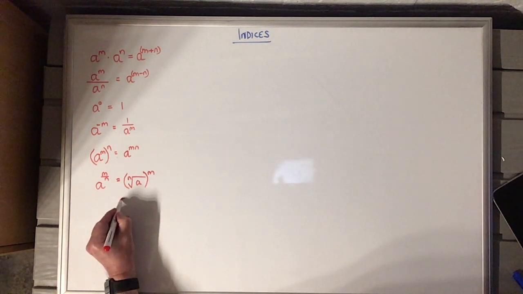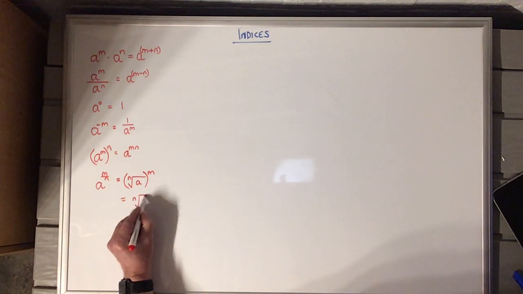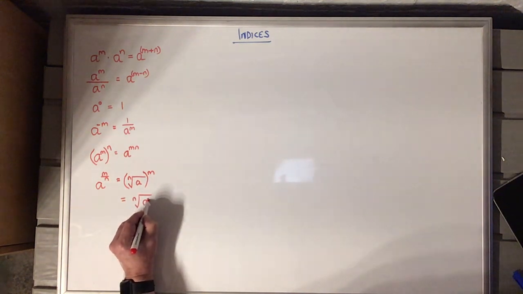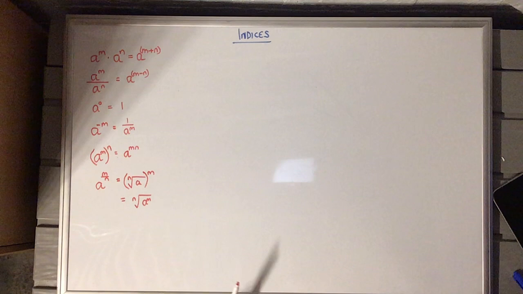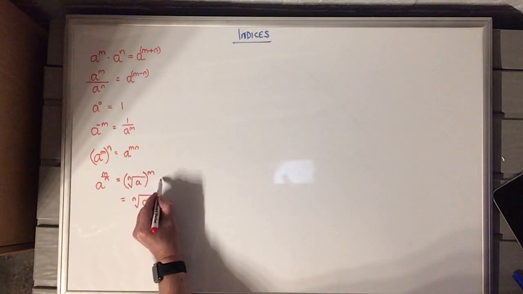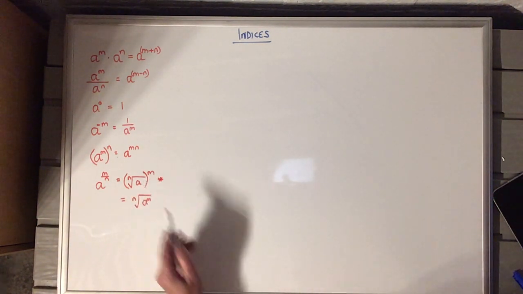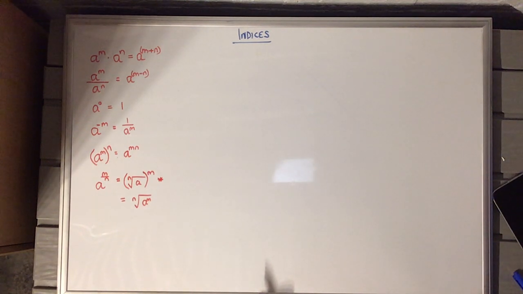Another way we could write that is the nth root of a to the power m. These two things are the same, but in reality, when we're working with it at National 5, this is the one that we use a lot of. So this one's not very useful. It's normally that one that we use. So there's all the rules that you have to know. So let's apply them